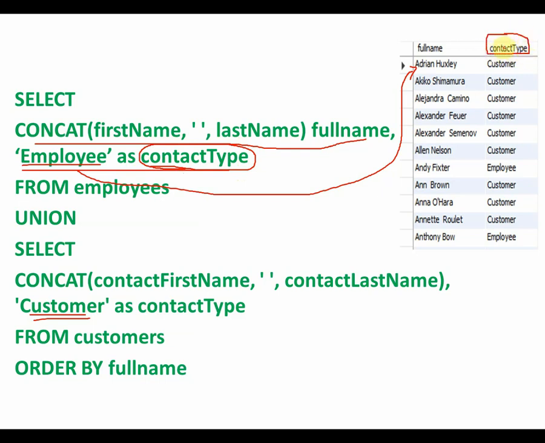This particular column name will tell you what is the role, whether the particular person is a customer or an employee. Right now in my example there are only 2 employees, rest all are customers. And that can be ordered by, so sorting you can do very easily on that. So this is another variation of the same union query, union operation.